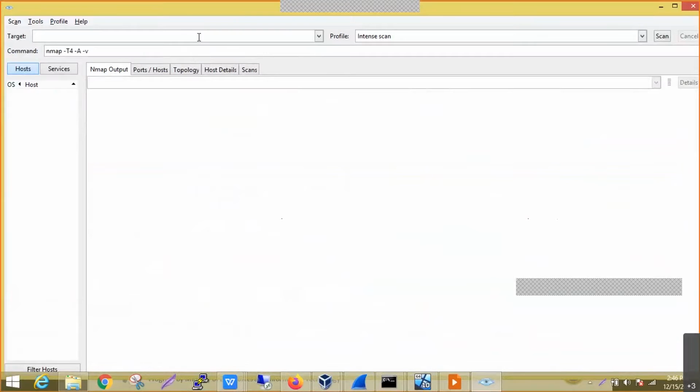But whenever we scan for these lab demonstrations, or whenever you do the same techniques at your place, we always recommend using this combination with Wireshark.